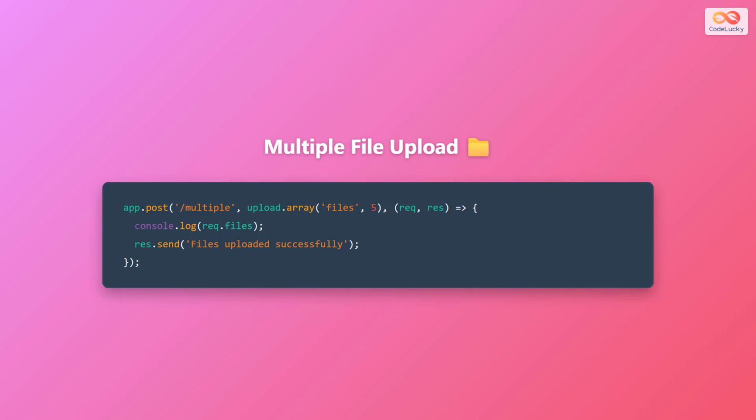Here is the code. app.post('/multiple', upload.array('files', 5), (req, res) => { console.log(req.files); res.send('Files uploaded successfully'); });